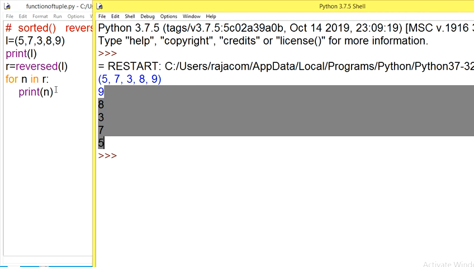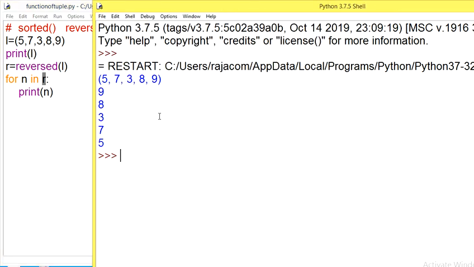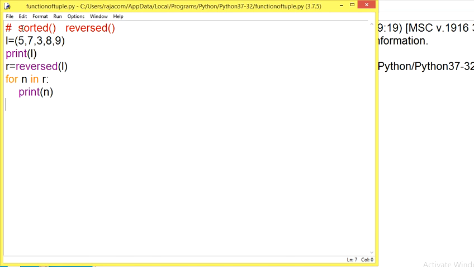You can make it a single line by using end equal. So here n in r means r stored the reversed order 9, 8, 3, 7, 5, and here you get it. So student, I hope you have learnt about the sorted function and the reversed function of tuple.